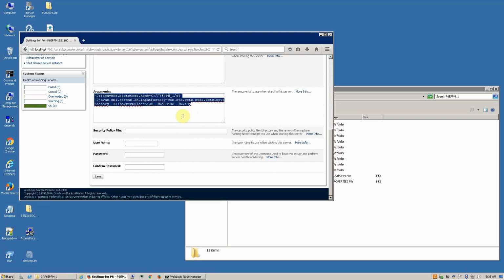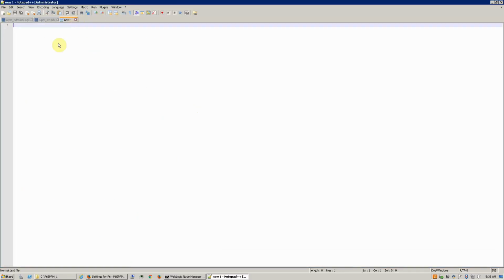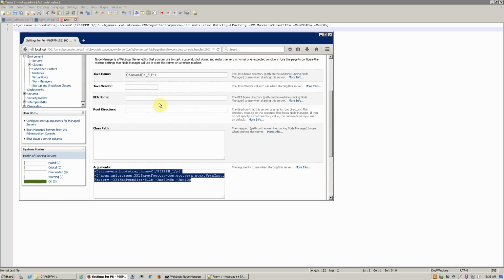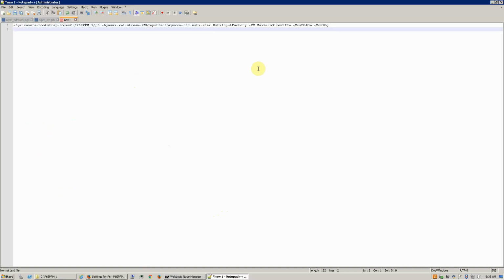I'm going to copy the configuration that I have for my old managed server. So for this, these are the arguments that we're going to copy and modify. And I'm going to copy, just so I don't have to write it again, the Java home. And now that we have these, all that you have to do